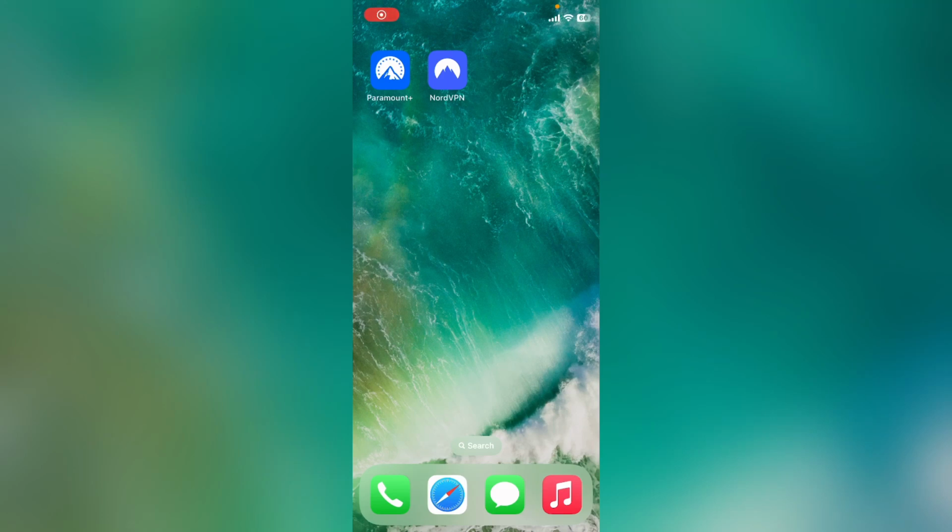Welcome to Tech Leveler. I'm Lee and I'm going to show you how to fix the app error code 6040